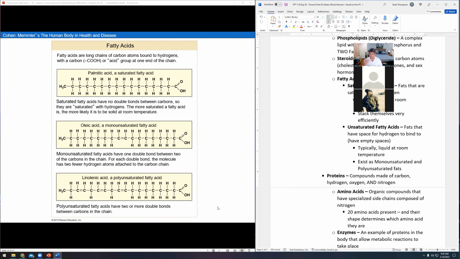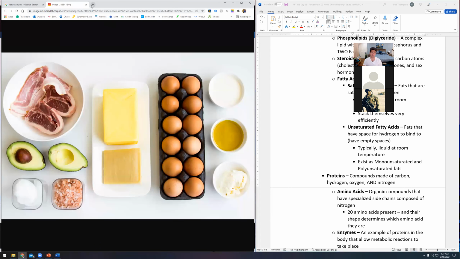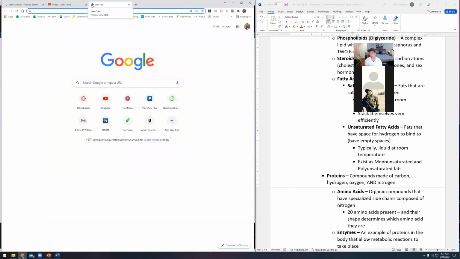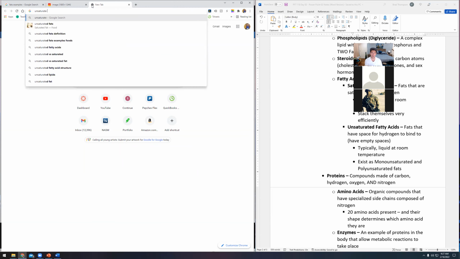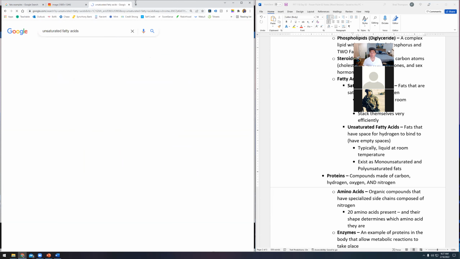So that unsaturated stuff, the reason it's a liquid is because you can see not every seat at the table is filled. There's actually this little double bond right here, which leaves a couple empty chairs, right? And that's just one little break there. But this one over here is also a liquid. We can see 3 breaks there. So that's the difference between what we call a saturated fat, which is the big straight line, and the unsaturated fats.